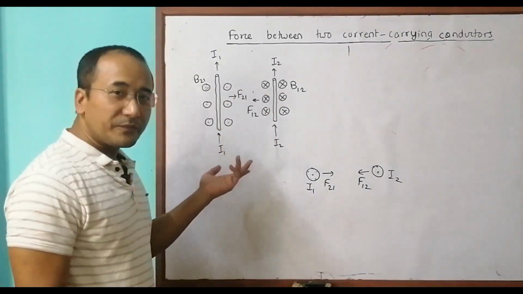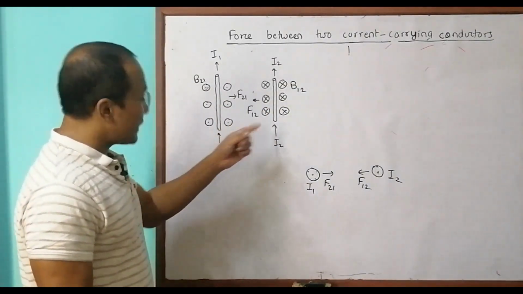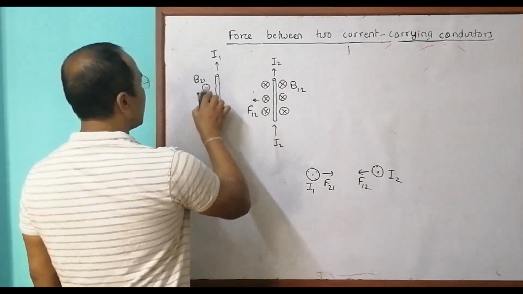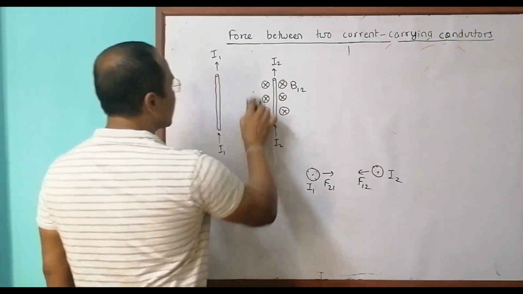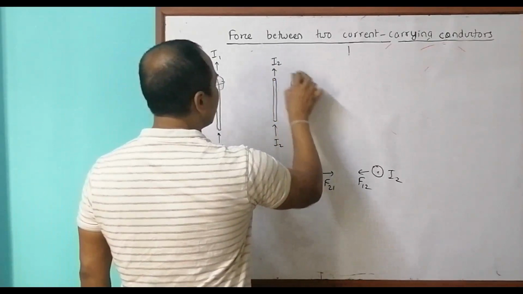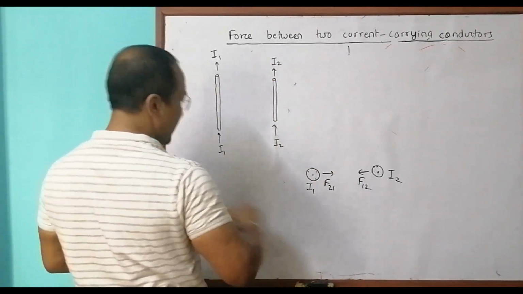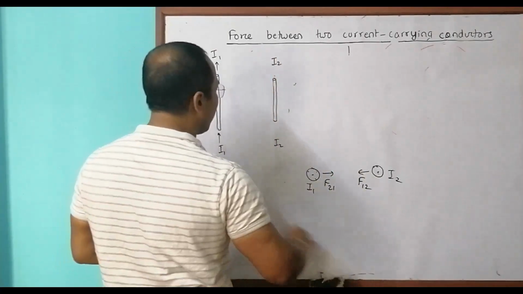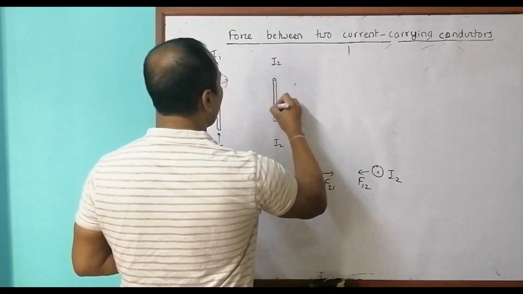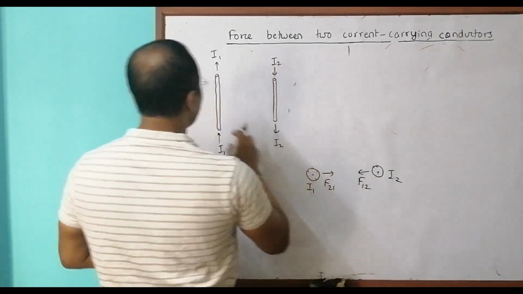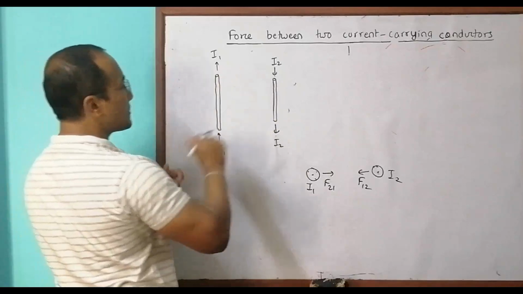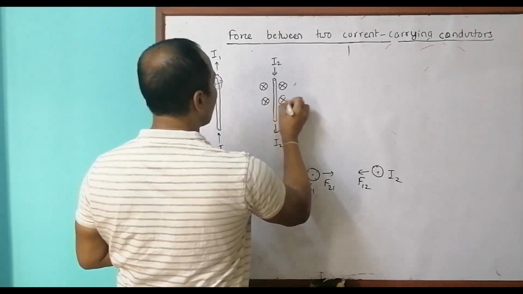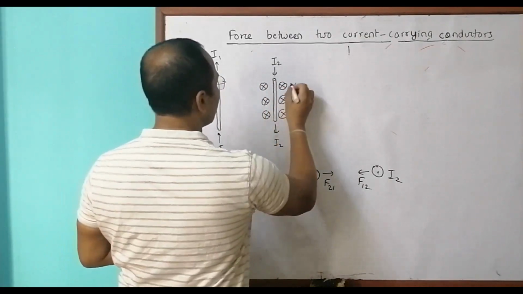So again the same thing. So if I reverse it, let us see. So let me rub this. So now let me reverse current in one of them. So let's say I reverse the current in the second one. So its field lines will be again the same thing like this. So this is cross everywhere. Cross everywhere. So B12,